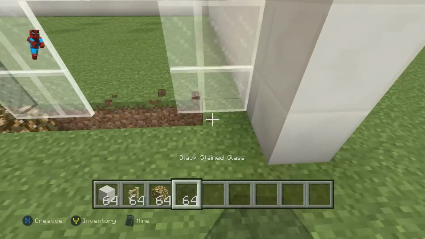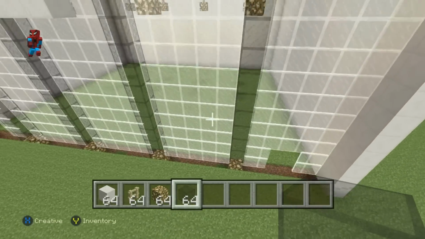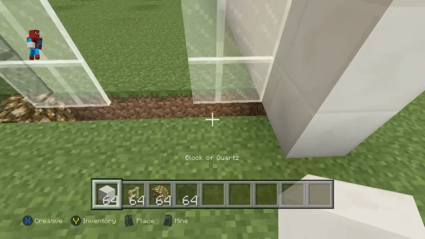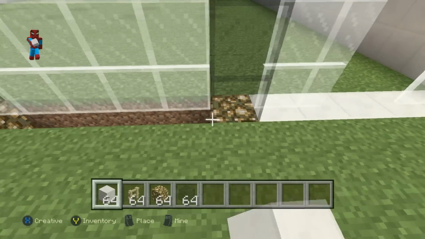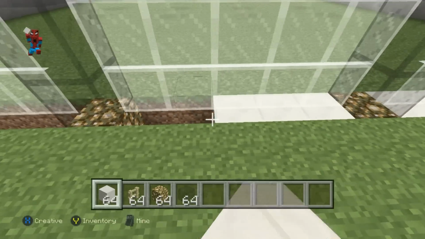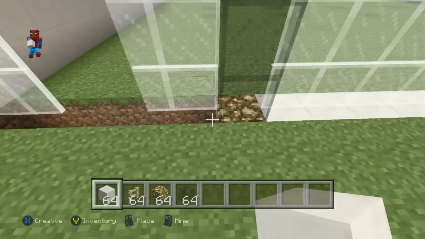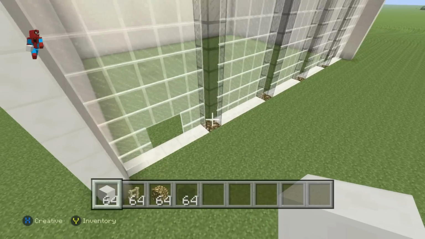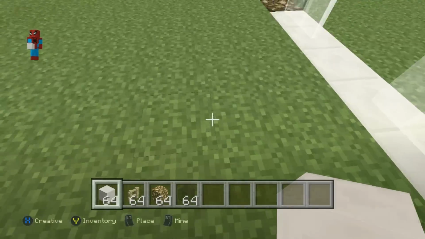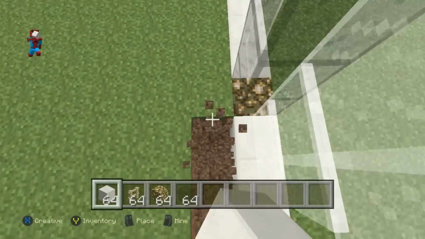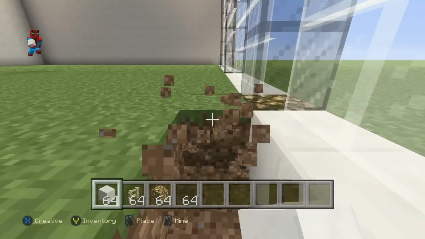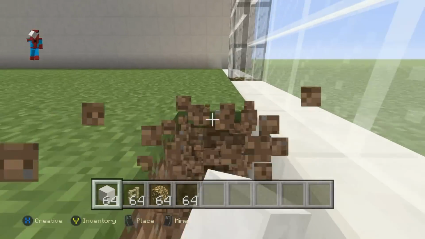So, we're going to have to fill in the floor. In line with the row of glass that we have right at the front of the store that touches the floor, coming across horizontally the front of the store where you have the glowstone, where you have the glass, we want to dig out this area, replace it with quartz. Now, once you've done that, you then just want to completely dig out the very center of your Apple Store and replace it with quartz.